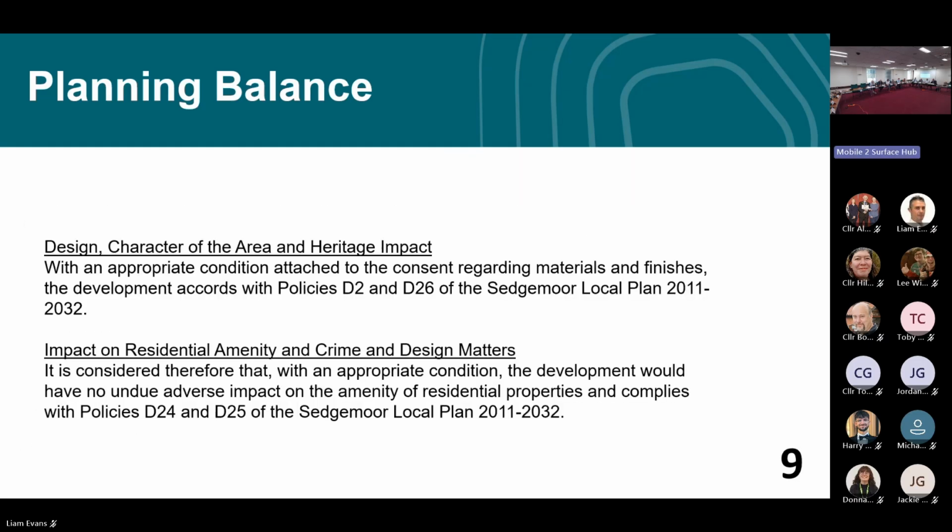In terms of design, character of the area, and heritage impact, the site is located within a prominent location and within the conservation area. The building is a non-designated heritage asset. There are also quite a number of listed buildings within close proximity to the site. The submitted heritage statement is comprehensive and concludes that the proposed works will not cause harm to the application site, the conservation area, or indeed any listed building. The Council's Conservation Officer raises no objection and recommends conditions regarding materials and finishes to be provided if consent is granted. In terms of impact on residential amenity and crime and design matters,